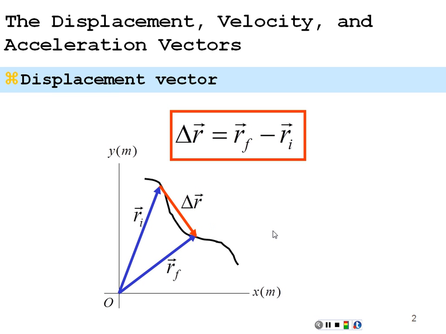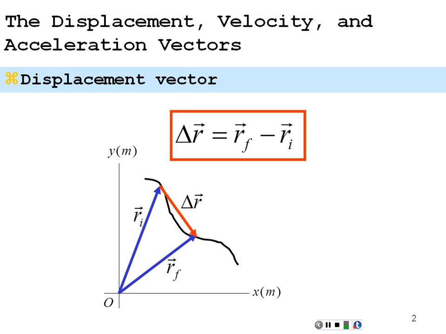In a sense, I could say that my initial position, r sub i, plus my change in position, delta r, is equal to my final position, r sub f. So we're looking at this graph, and we've defined simply a new displacement in terms of vectors. It is my final position minus my initial position, but it's a vector that defines that displacement, direction, and magnitude. Okay, so that's all that's really important to get going on kinematics in more than one dimension, is to realize